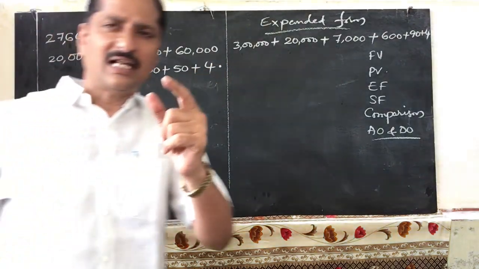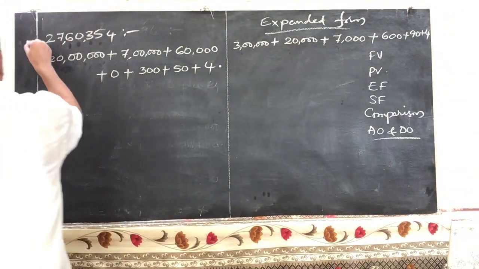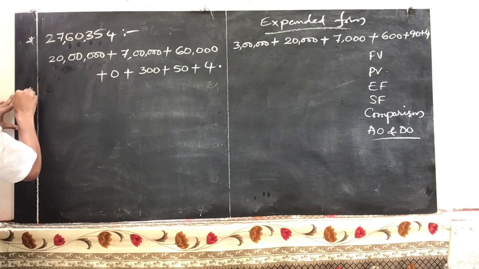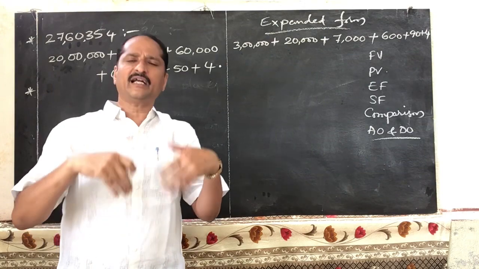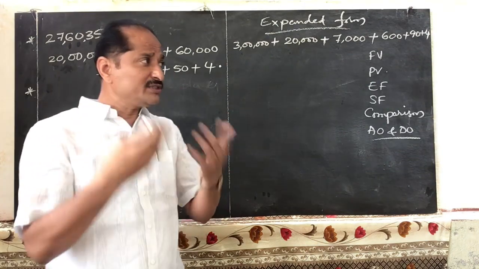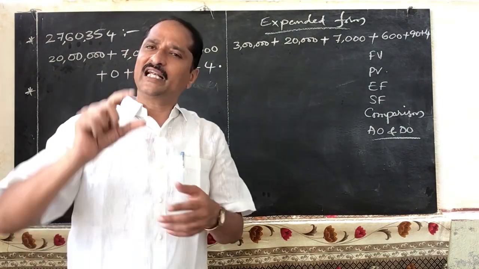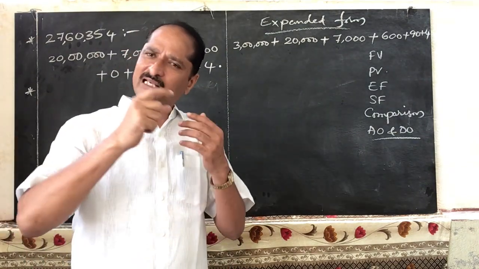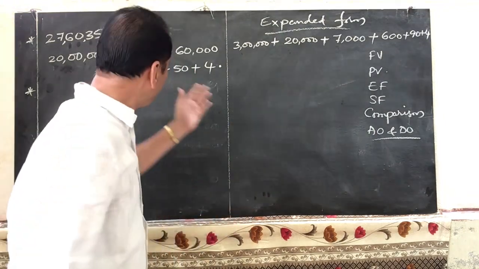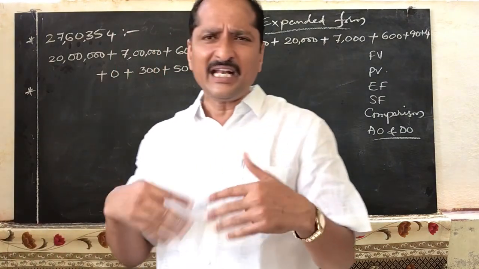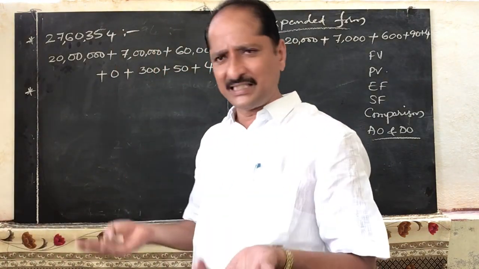Now, last and final, we can take one more number and we can write down the expanded form of this number also. Okay, let us see. Now take any digit you can write down. Like this, you can take different kinds of numbers. And for those numbers, 8-digit number you can take, 9-digit number you can take, 7-digit number you can take, write down the number name. Okay, and the same way, write down the numeral in Indian system and international system. Same as expanded form also. You can take any number of digits. It may be an 8-digit number or a 9-digit number. It may be a 6-digit number, whatever it may be.